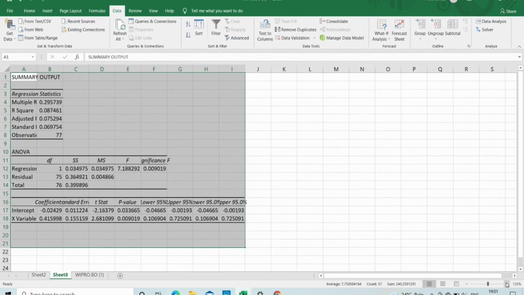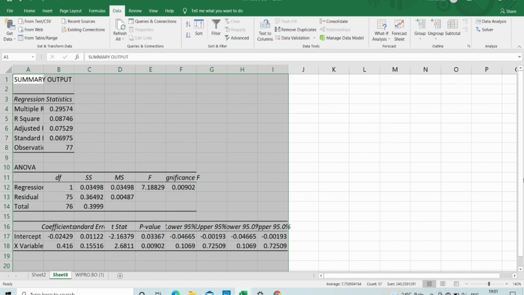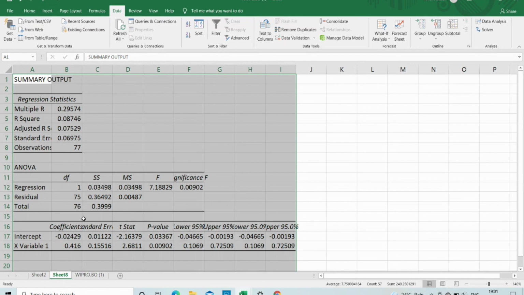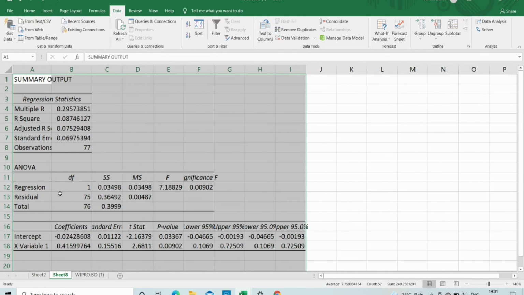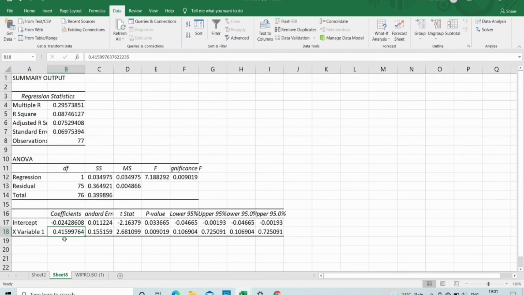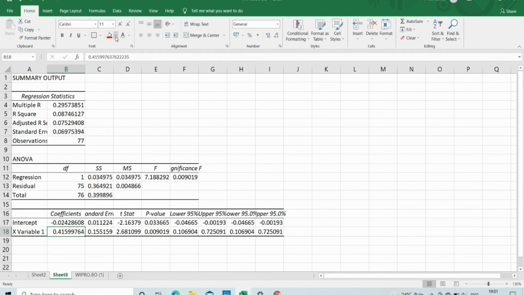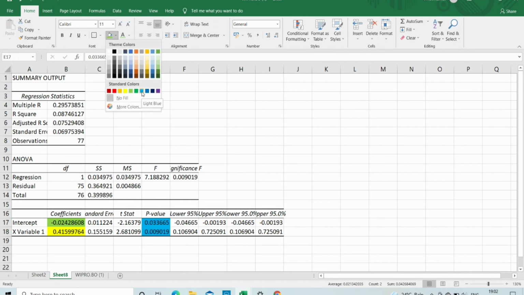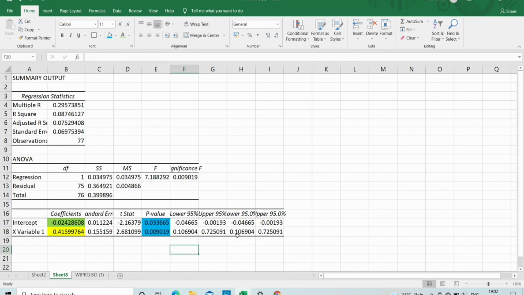So this is our result. The thing that we need to focus on is the beta value, which is 0.4, less than 1. That means the stock is less volatile as compared to the benchmark index. The intercept is the alpha value, which measures the performance of the stock as compared to the index over the risk-free return. Also, our alpha and beta values are significant because the p-value is less than 5%.